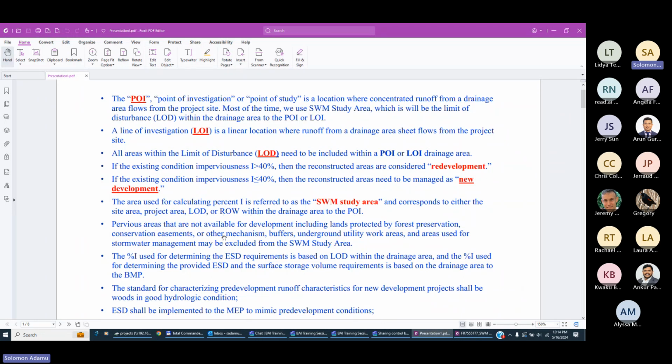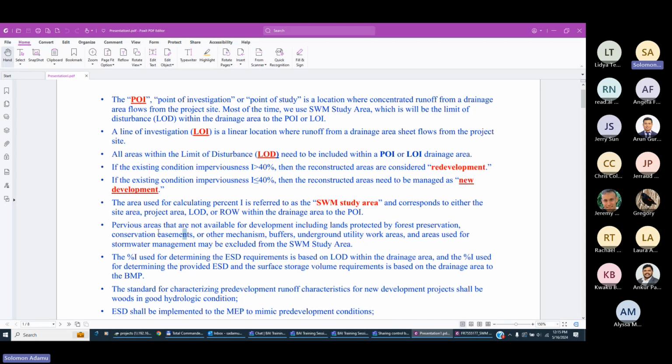And here I have a note that pervious areas that are not available for development, including land protected by forest preservation, conservation easement or other mechanism, buffer, underground utility areas and areas used for stormwater management may be excluded